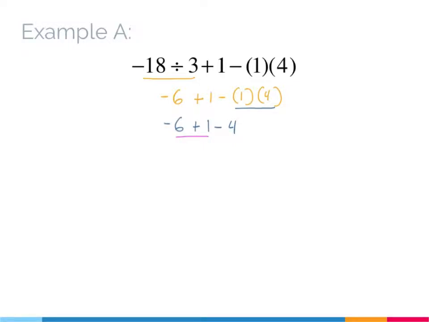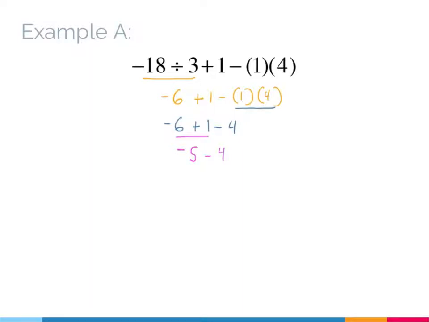The negative 6 is larger, so I know it has the greater, not larger, but the greater absolute value. So I know my answer is going to be negative. Since they have different signs, one has a negative, one has a positive, I'm going to be finding the difference. 6 minus 1 is 5, so that's going to give me negative 5 there. Bring down my minus sign, bring down my 4, and that leaves me with just negative 5 minus 4, or